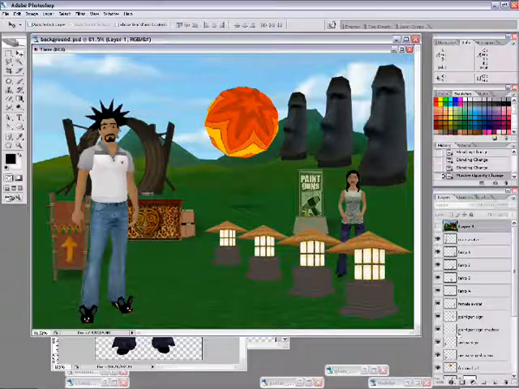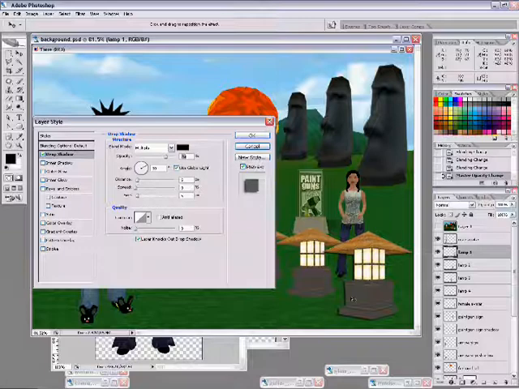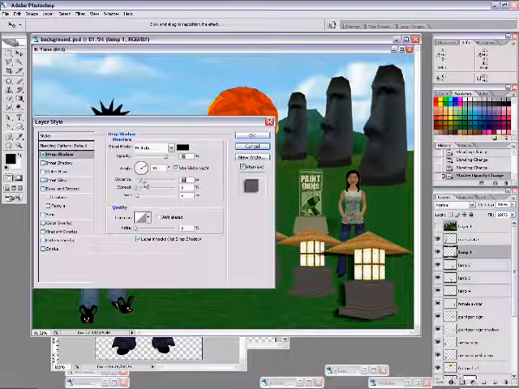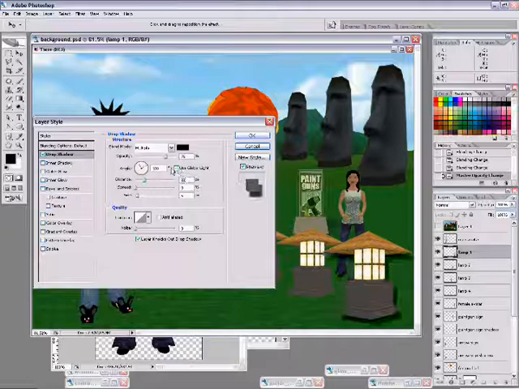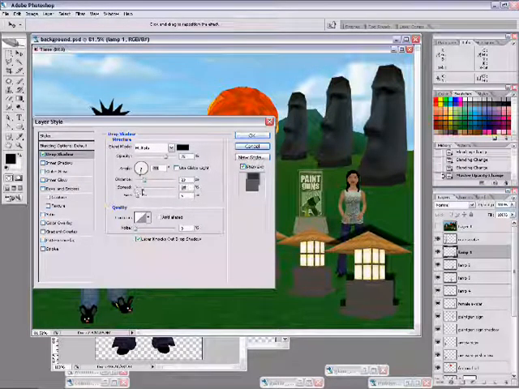Also, I forgot one thing. We can do drop shadows using layer styles. In this case, we're going to do a drop shadow for our friends, the lamps. There we go. And what we can do is give it a little distance. We can choose which direction we want our light to go. Unfortunately, we need to move the angle around on our layer style to get it to move in the direction we want, so we can have all similar light modes,